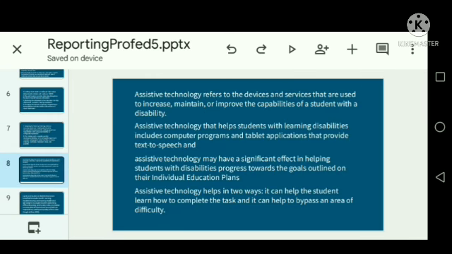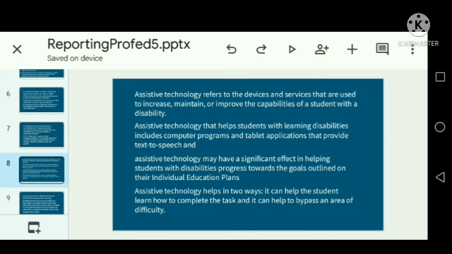Right. So let's go on to assistive technology. So assistive technology refers to the devices and services that are used to increase, maintain, or improve the capabilities of a student with disabilities. So basically, when let us say assistive technology, so these are the technology nga ginagamit nato nga labi na sa pag-support sa bata nga na mga special needs. So for example, mga gadgets, no? Mga sani kanang wheelchair or kanang mga panggamiton nga magiyahan no sa labi na sa ilang pagtuon.